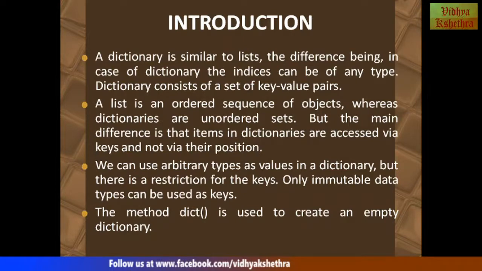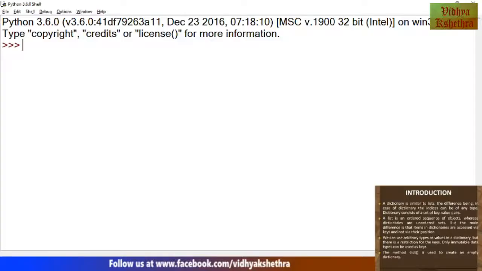Now we shall see how to create an empty dictionary. We can create a dictionary containing the marks of some students. We can name it std_mks is equal to dict(). So this creates an empty dictionary first. Now in order to add key value pairs to it, what we can do is